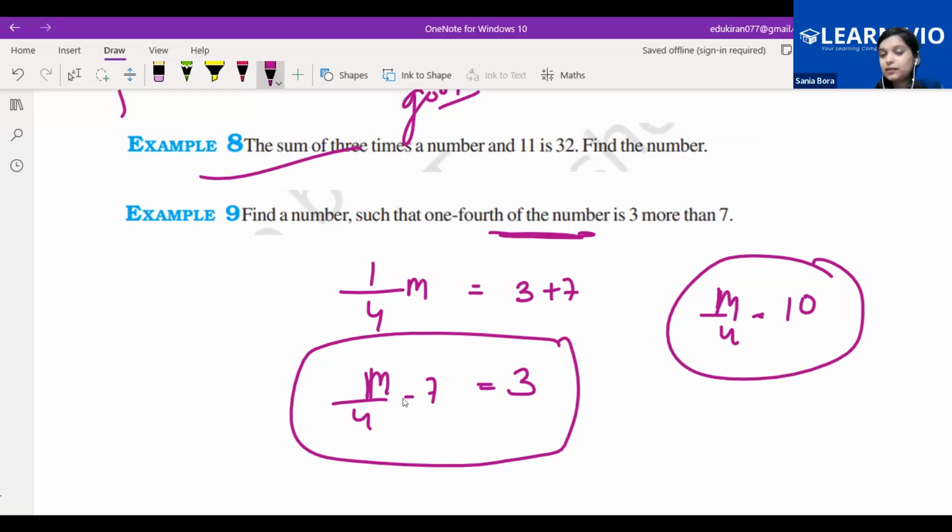Okay, clear? Yes, ma'am. And ma'am, basically can I write first m by 4 equals 3 plus 7, then m by 4 equals. Yes. Okay, so we'll solve it and we'll discuss the